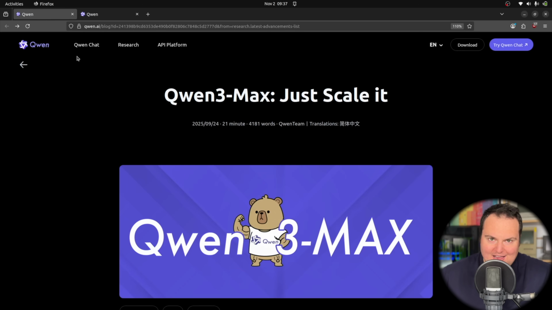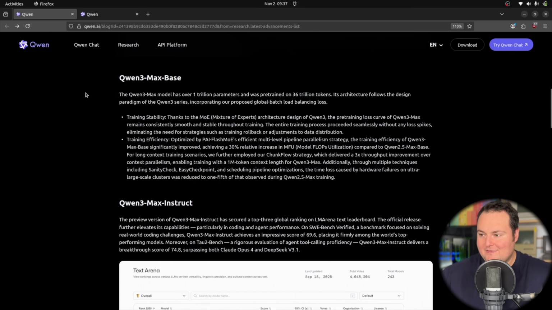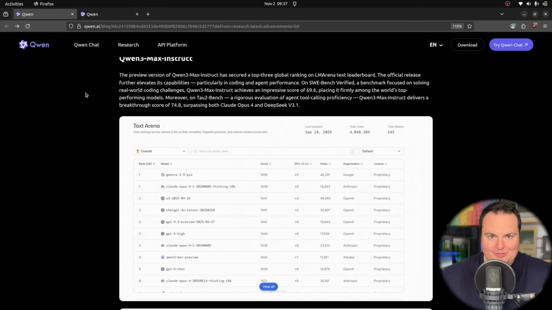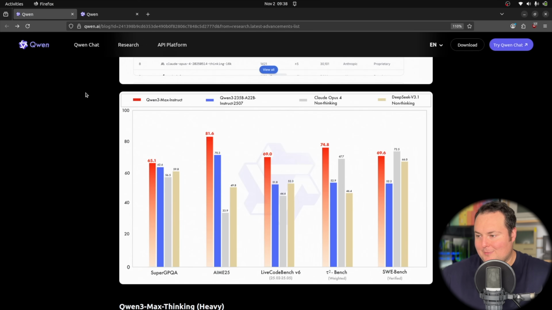So about 5 weeks ago, I tested the original Qwen3 Max when it came out, right here as shown in this blog post, and it is a state-of-the-art closed source, basically the smartest Qwen out there. So the introduction of the thinking version is kind of interesting because although I'm not currently able to find any specific release blog post or anything for this newly released thinking variant, we can see here from this original post